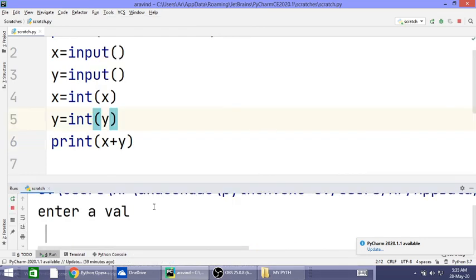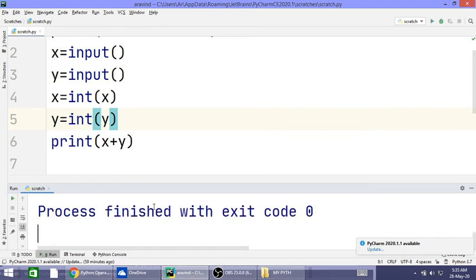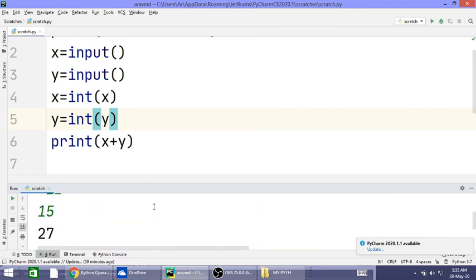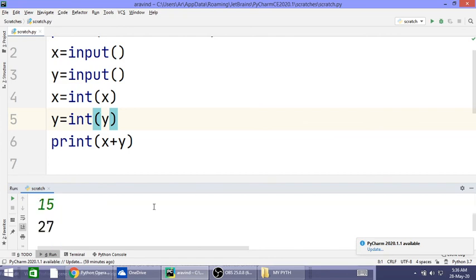Now it is asking to enter a value, two values. It is asking for one more value, and I entered 15. So 12 plus 15, how much? 27. So the total value 27 got displayed, and we got the right output.